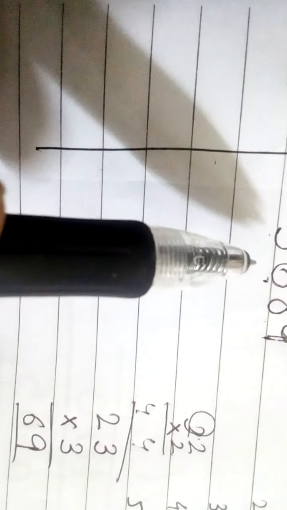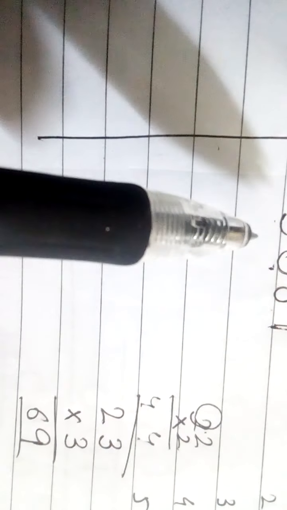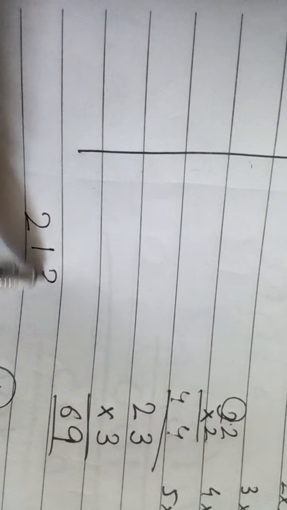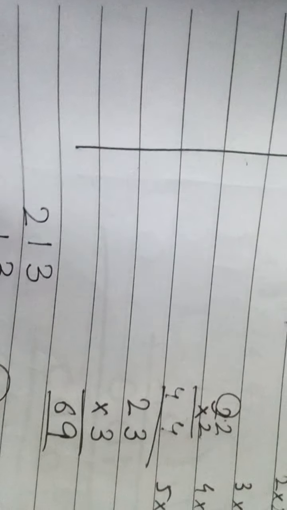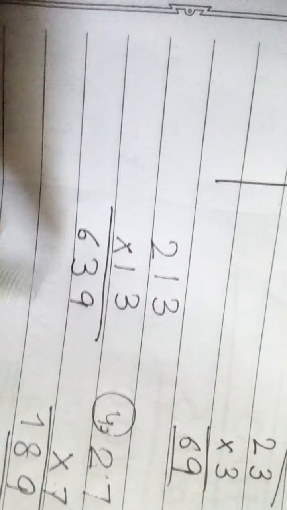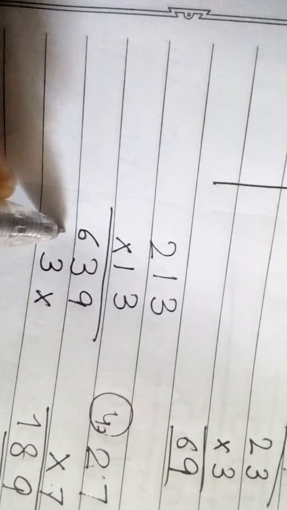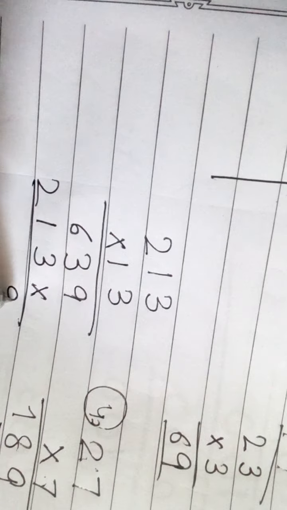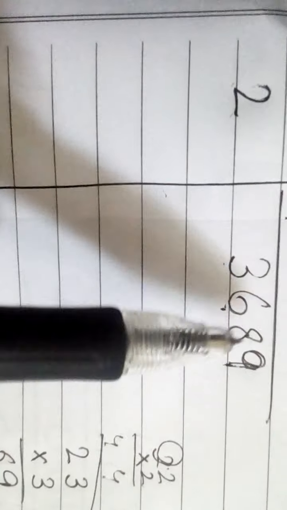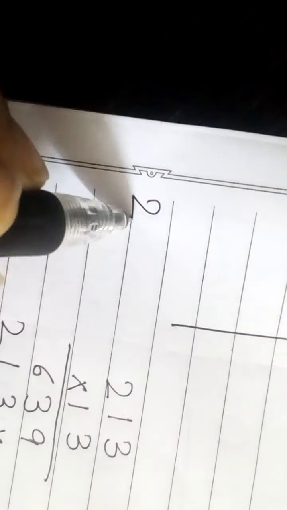So now we multiply after the 10, 13 and 17. So we write here 213 multiply 13. Understand that? 3 threes are 9, 3 ones are 3, 3 twos are 6. 1 threes are 3, 1 ones are 1, 1 twos are 2. 9, 6, 7, 2, 7, 6, 9. But here is 3, 6, 8, 9. So, no. Then 2 is the number like this.